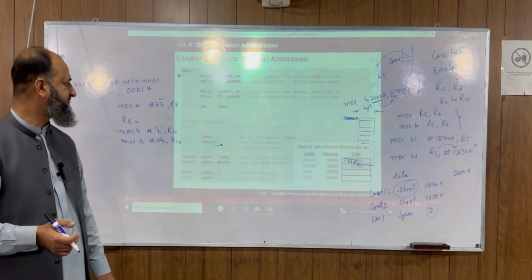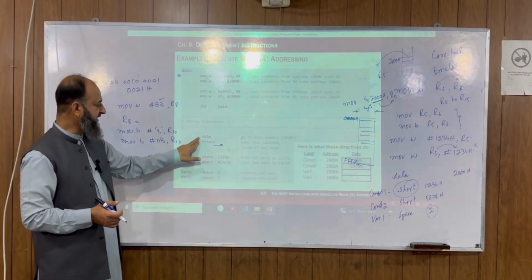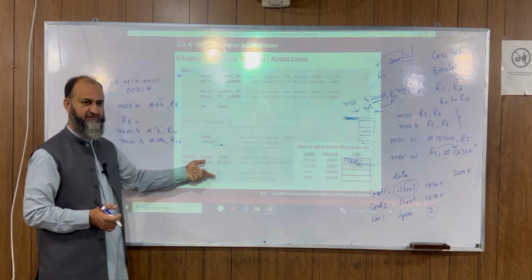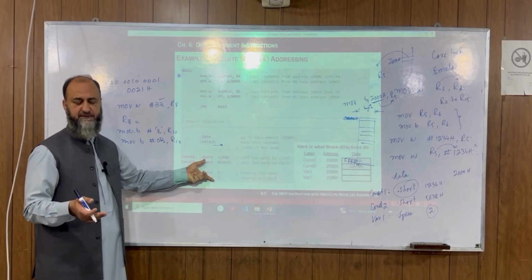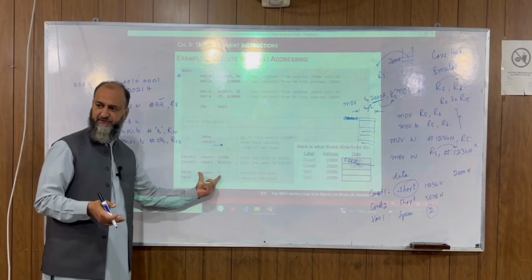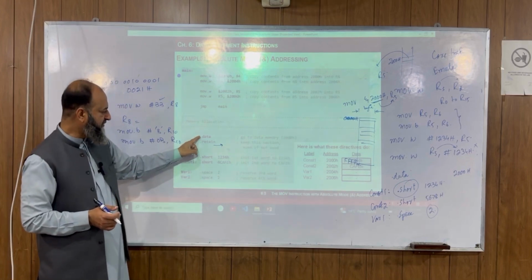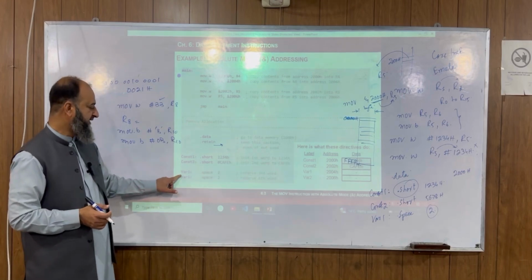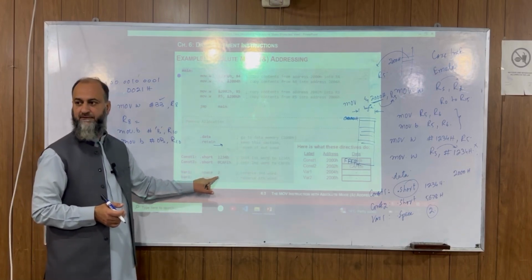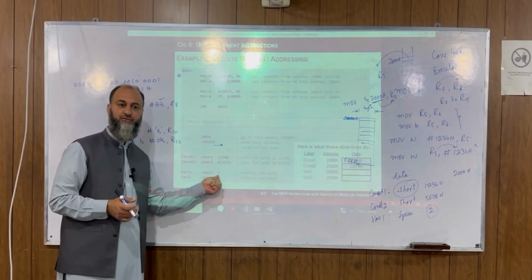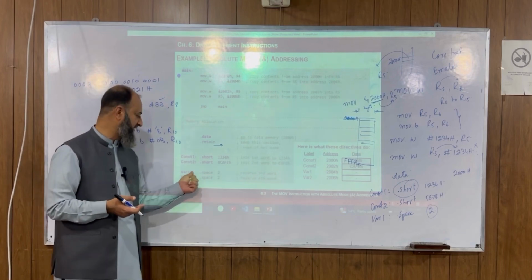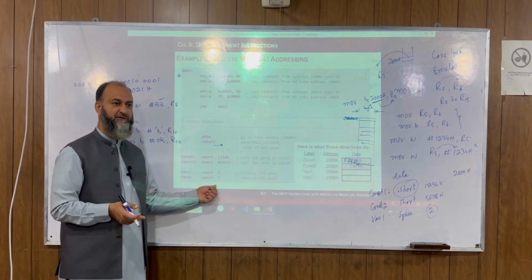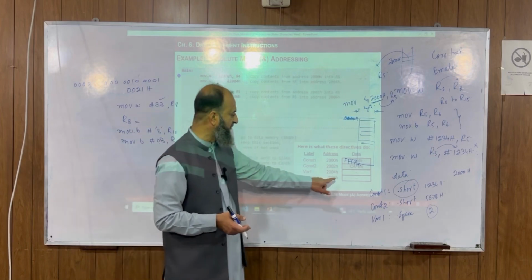So the next one. Now you see that .data .retain, retain means it will retain that information even if there is a power off. So that data will be retained in that particular section. So you see .data .retain, the constant .short is going to be represented, constant 2 is going to be represented, with this variable 1 .space 2. It means two locations have been specified for that variable 1. And for variable 2 .space 2, these are the reserved spaces.